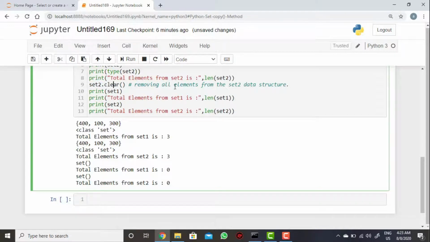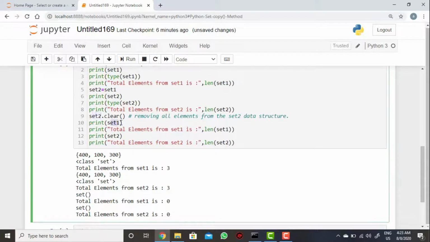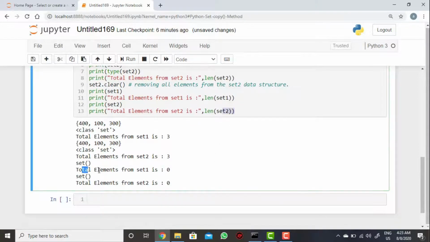Then I am removing all the elements from the set2 data structure. This is set2 dot clear. Now I am printing set1 and set2 and their total elements again. Total elements from set1 is 0, that is empty, and total elements from set2 is 0, that is empty.